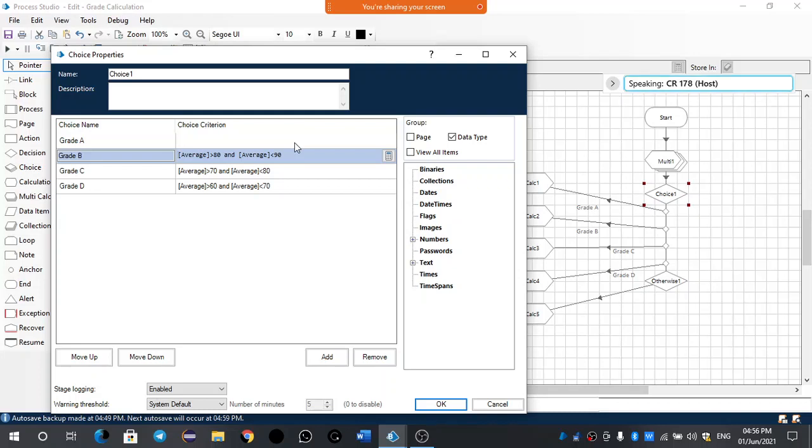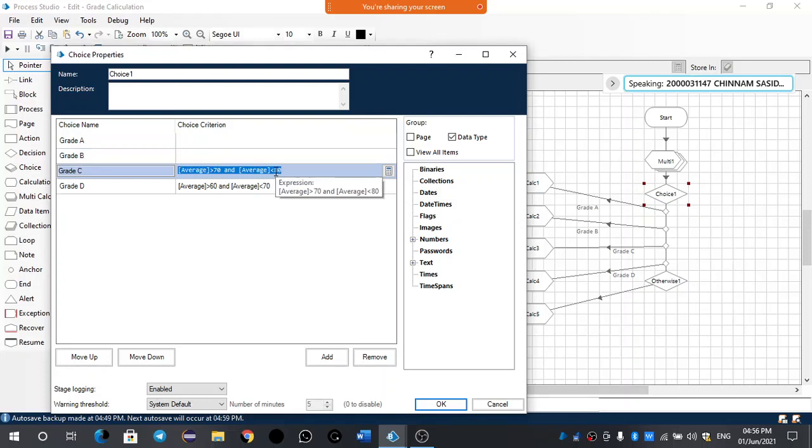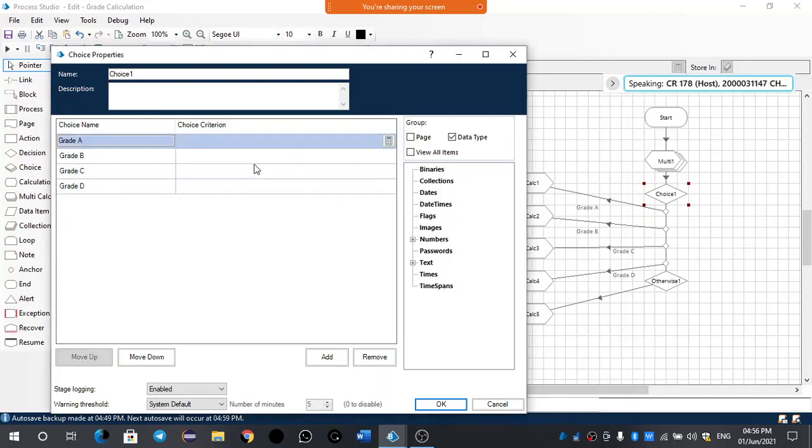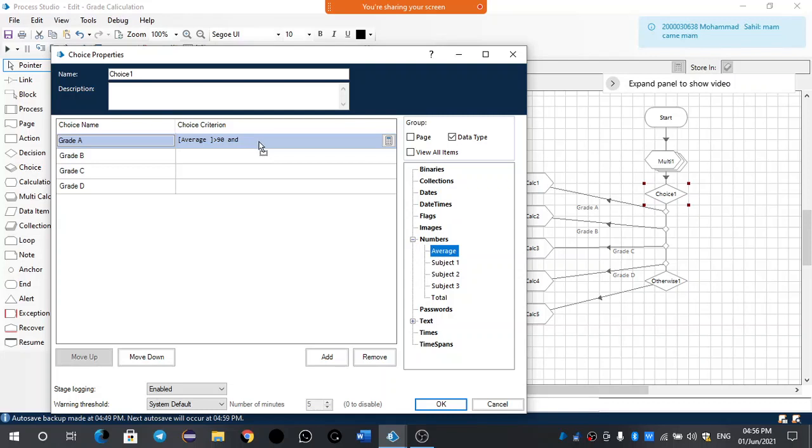Delete everything. Capital and everything is okay, but "and" should be capitalized. No, ma'am, no need. "And" need not be capital. Ma'am, I did that, it's working for me. Okay, anyway, it is not case sensitive. Ma'am, it's Average less than or equal to, ma'am. Only one choice should be given, ma'am. It's less than or equal to. Okay, we'll give.